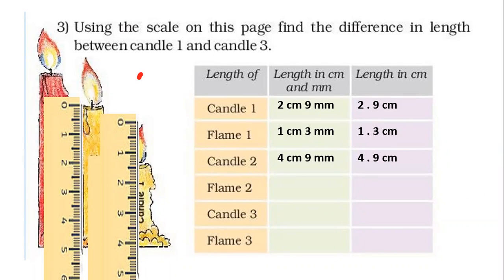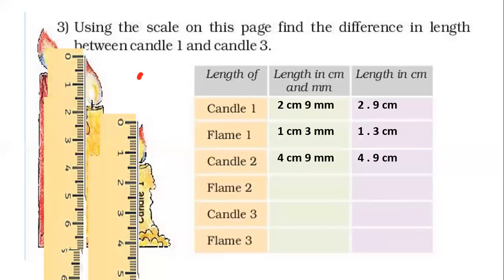All of you, please look at the screen I shared. No need to write anything. Just look at the screen. Scale, candle is there. Answer that. Next. What is the length of the second flame? Sir, only 1.9. Only flame is required. 1.9, sir. It is not 2. It is 1.9.